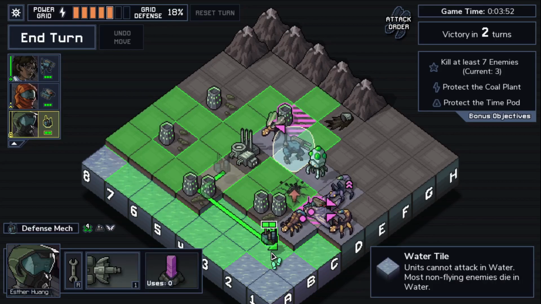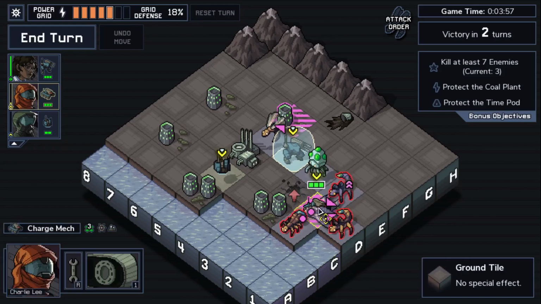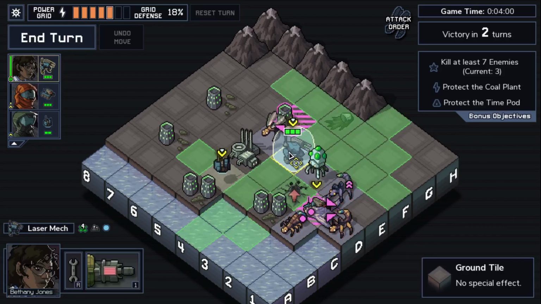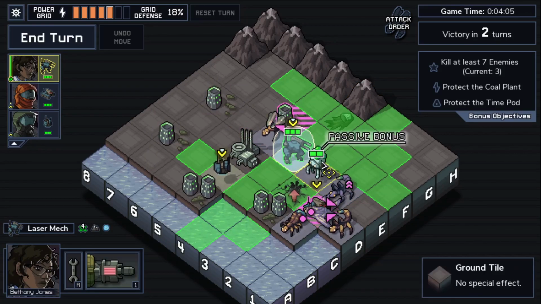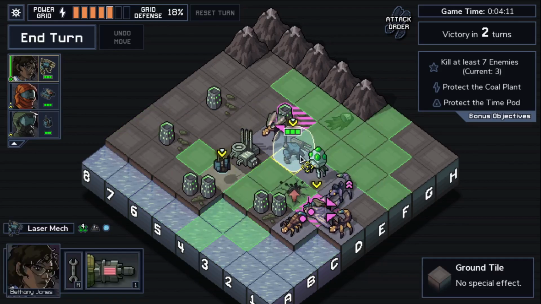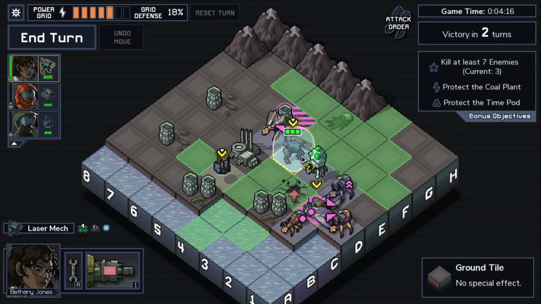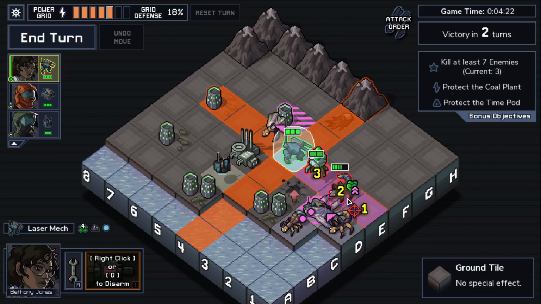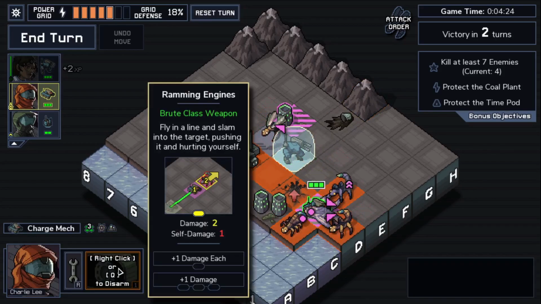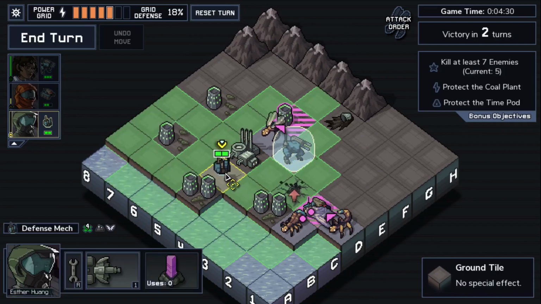Or if I had 1 extra move, I could push this into the water, but I don't. Also, I cannot attack this way because it destroyed the building. So I don't have any more shields. What I can do is damage here, kill this one, and if I